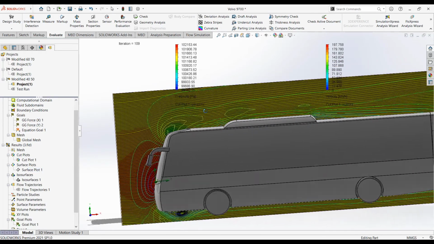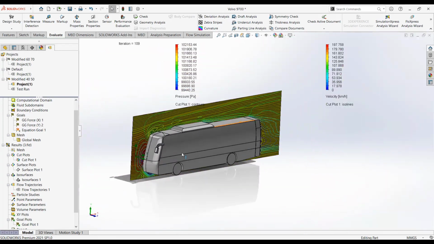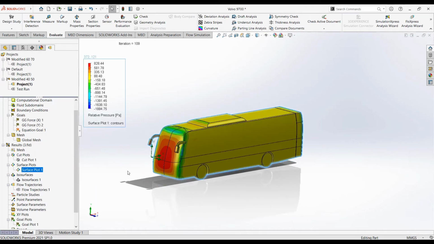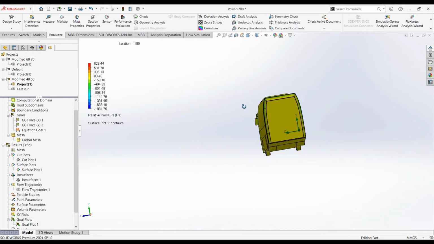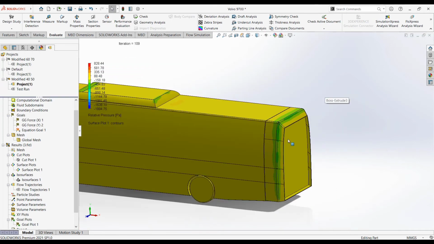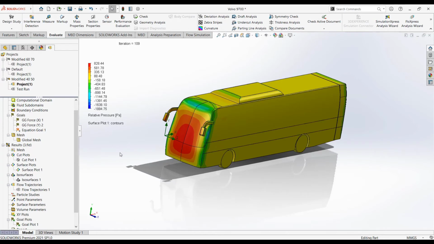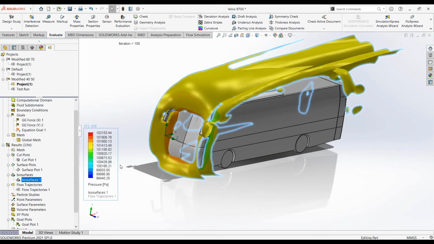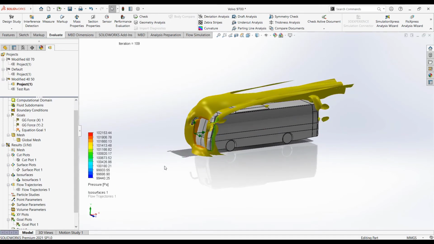Here, as you could see, the streamlines as well as the vorticity have been generated, and the velocity distribution. Now the surface plot. I have added the pressure plot over there. As you could see, where the pressure is maximum and where it is minimum. At this location also it is kind of maximum, it is more over there. Then you can even add the iso surfaces as per your requirement. This is the velocity iso plot, so you can even deal with that.